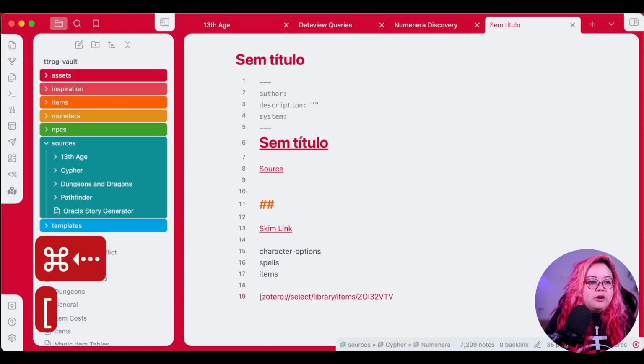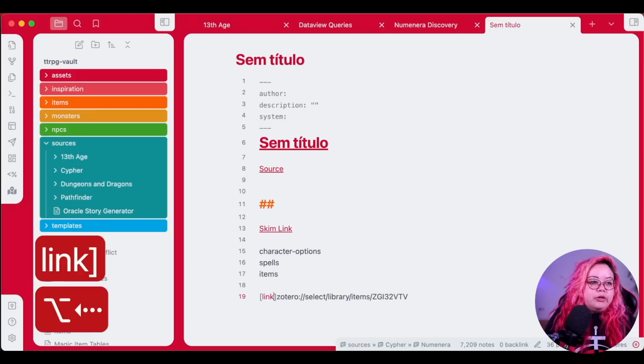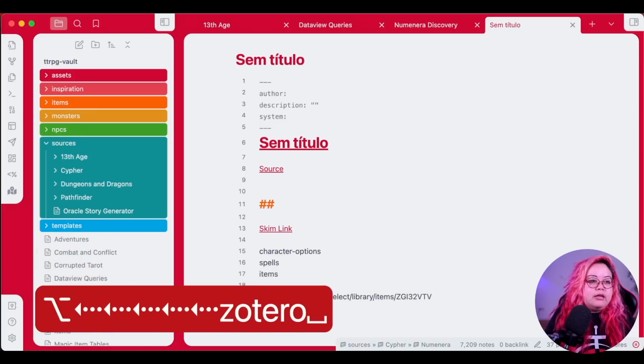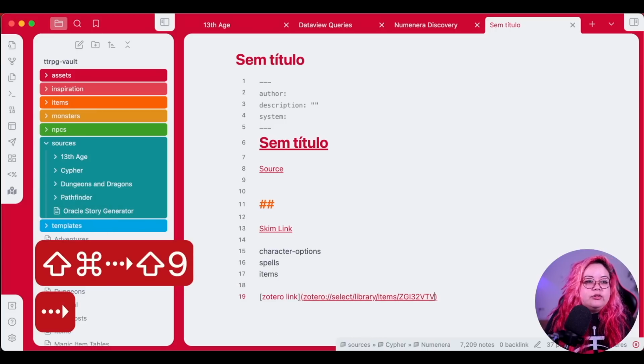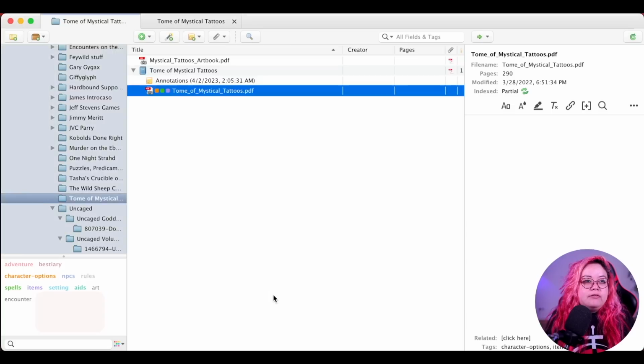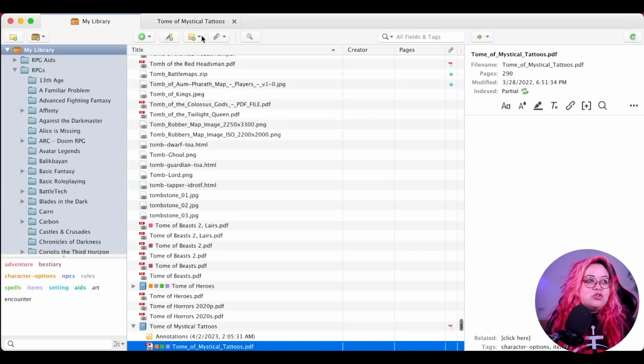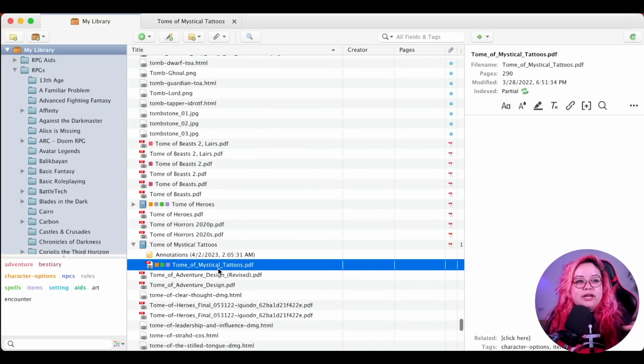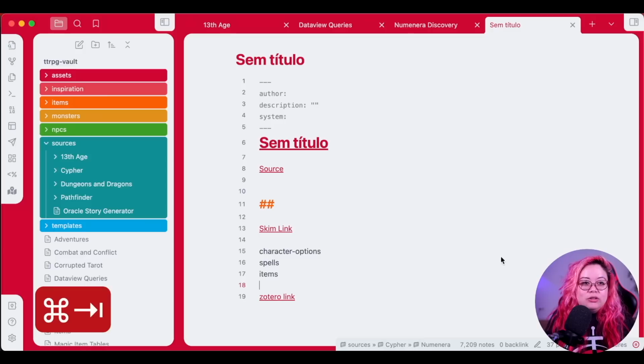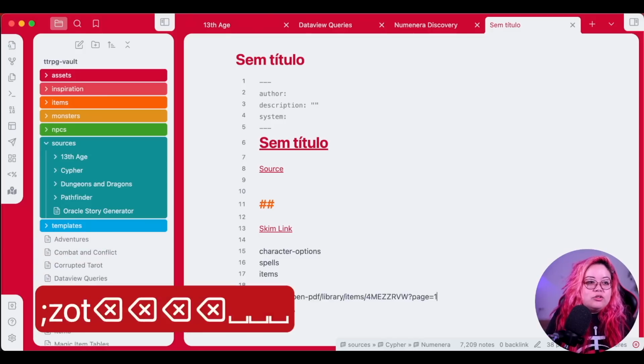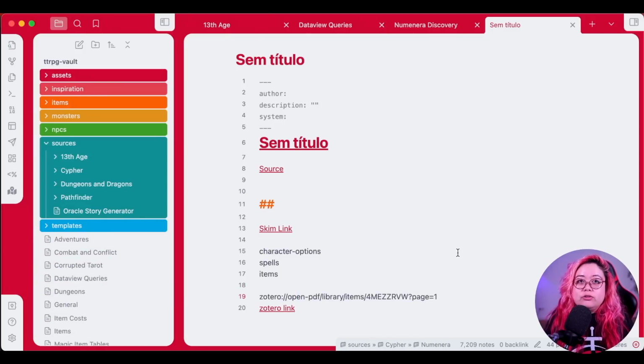However, the problem is if I put a Zotero link here and then I turn this into a markdown link, if I click on it, it's just going to take me to where that book is. It's not actually going to open it yet. I had to figure this out for myself by Googling. There's actually a specific syntax that you can use. I'm using a keyboard shortcut using a tool called Espanso, so different video, but this is what it needs to